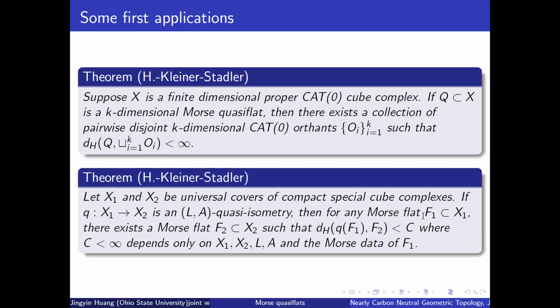And actually, similar theorems play an instrumental role in the literature where people are studying quasi-isometric classification of right-angled Artin groups. Okay, so we also expect that phenomena like these two theorems also hold more generally for a more general class of CAT(0) complexes, like the Davis complex for Coxeter groups,